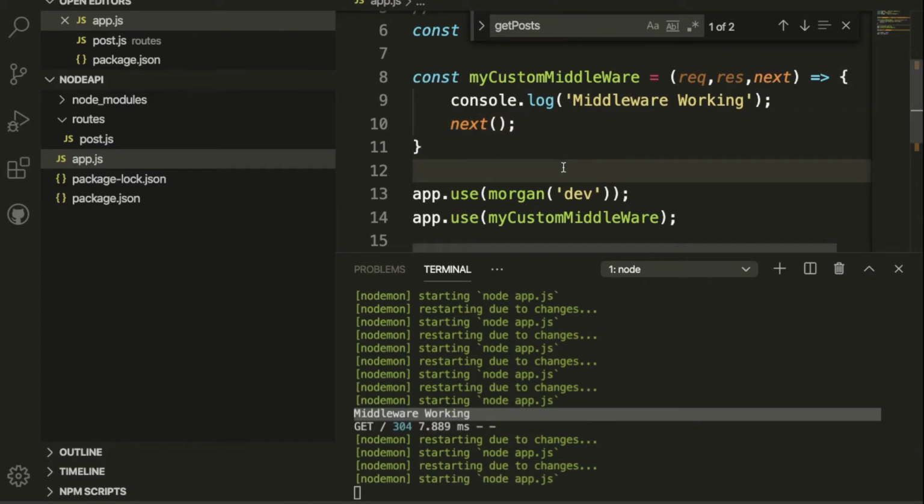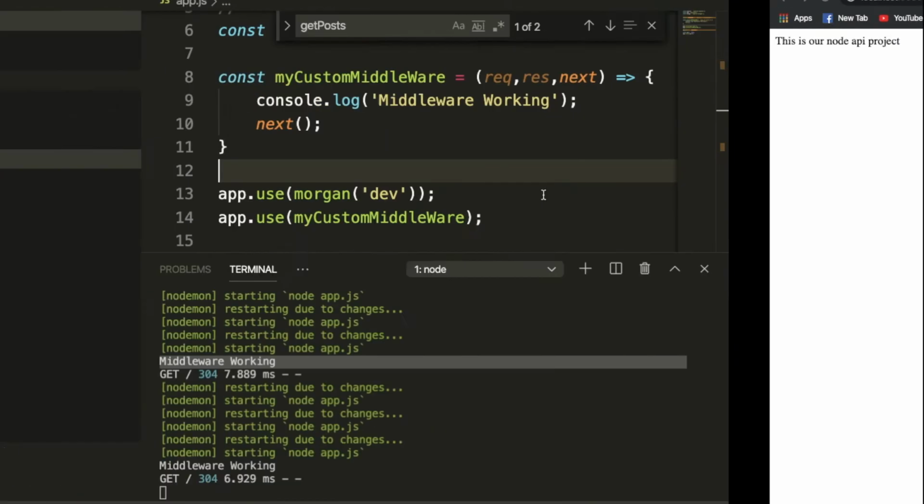Once I hit a particular method, it is working fine. So we can use it whenever we want as a custom middleware, and we can also create middleware. Hope this is clear to you, how to create a custom middleware. Now this is working fine, and you can also check in the terminal that everything is working fine.